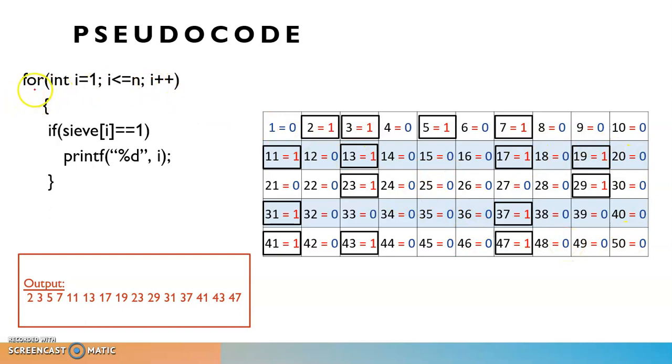So we are just printing here with the help of a for loop. As you know how to print values of an array, we are printing the values of the array in the same way, but we are providing one condition: the index number which has value 1, only print those numbers. So we have printed all the prime numbers from a series of 50.